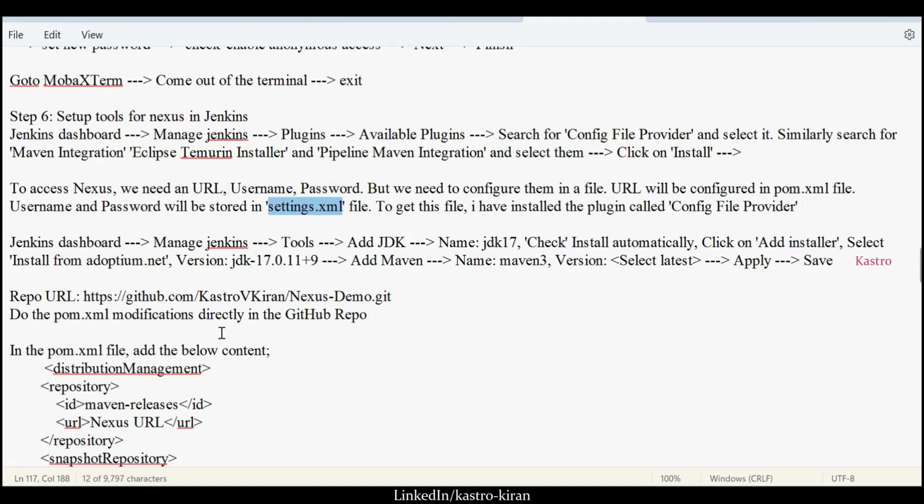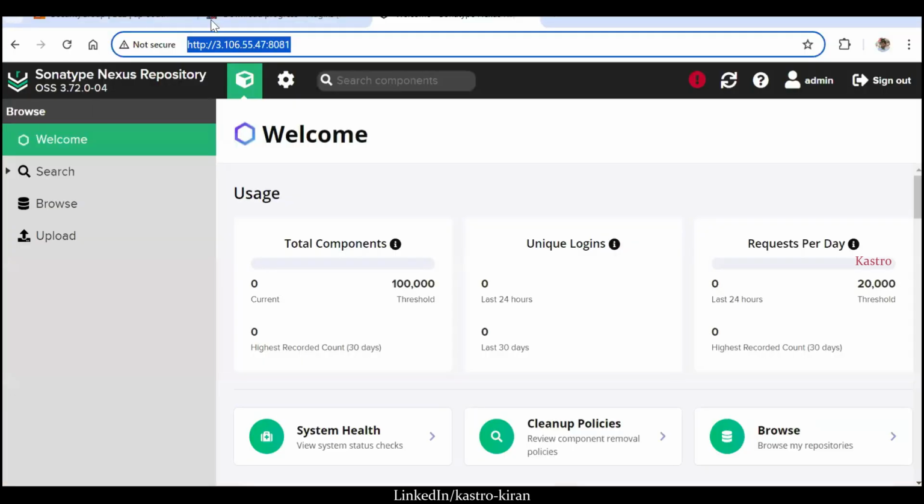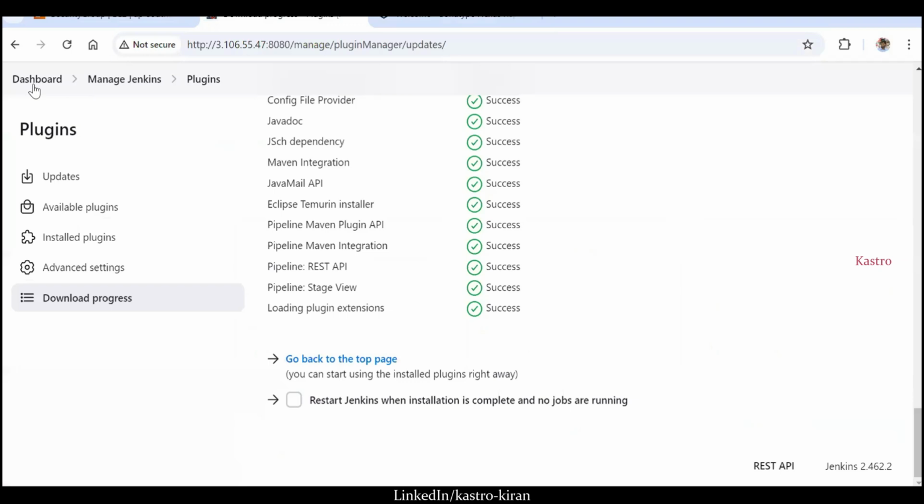So now let us install some of the tools such as JDK, and then we need to install Maven. JDK and Maven. Let me go do that. How will you do the tool integration? Just go to the Jenkins dashboard,